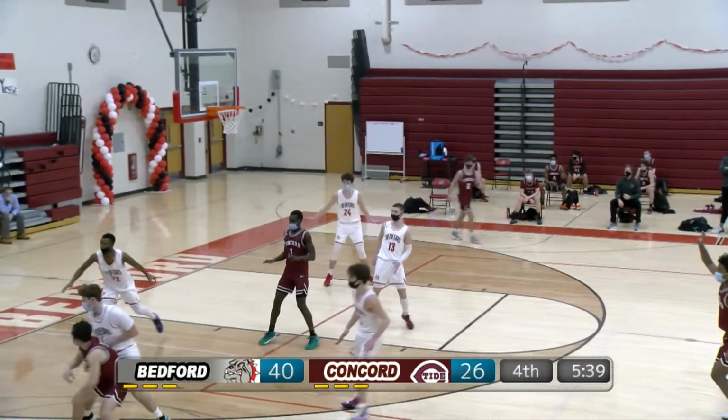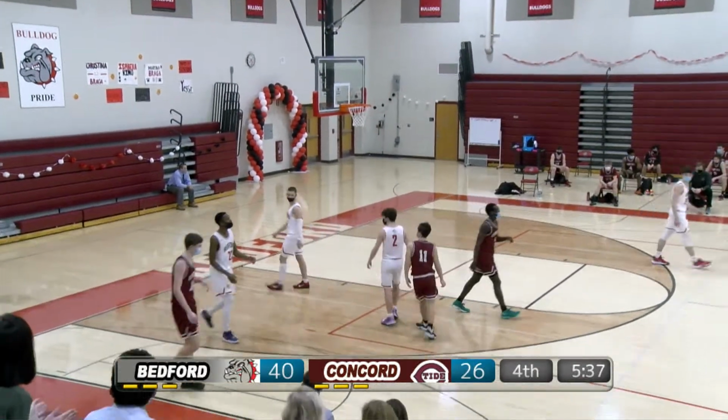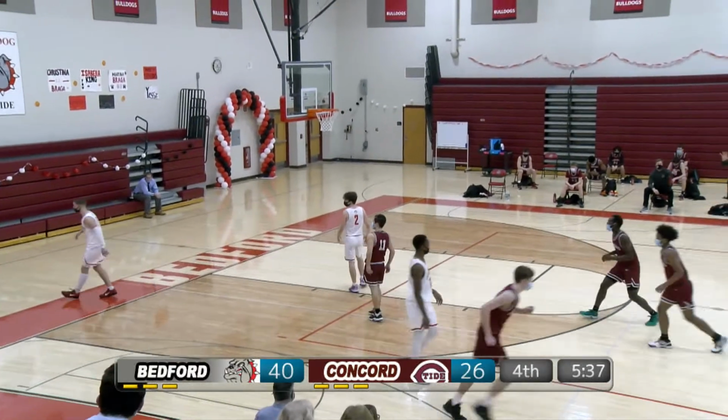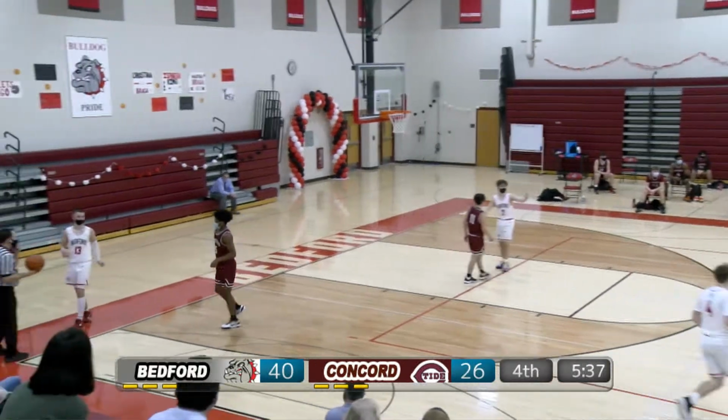Burke back on the left side now. Goes baseline to Bankston, Nate Bankston, and he can't handle it. It's going to be another turnover. 5:37 left in the game, 40-26. Bedford Bulldogs lead the Crimson Tide